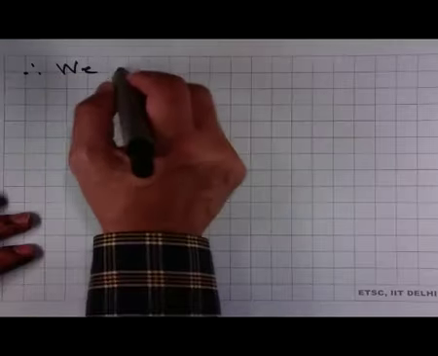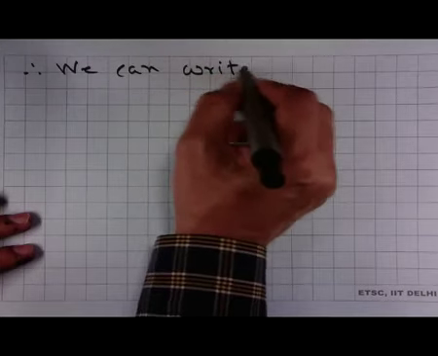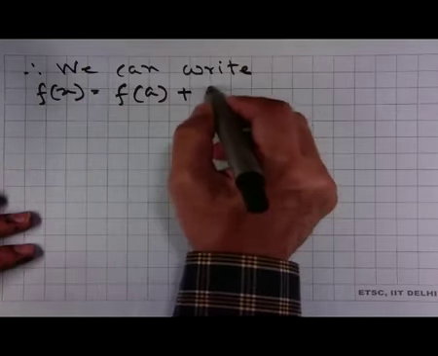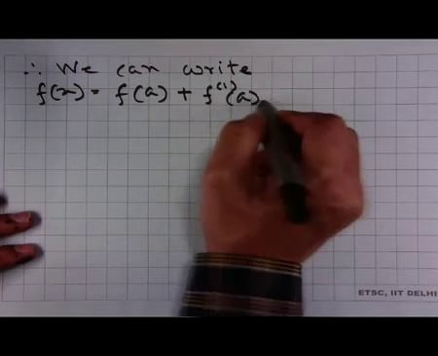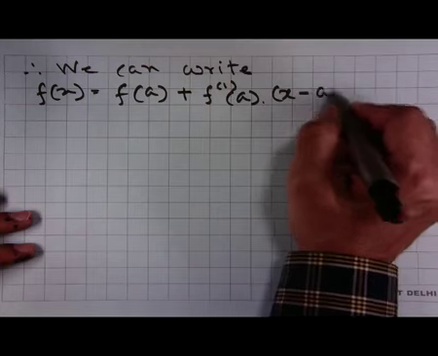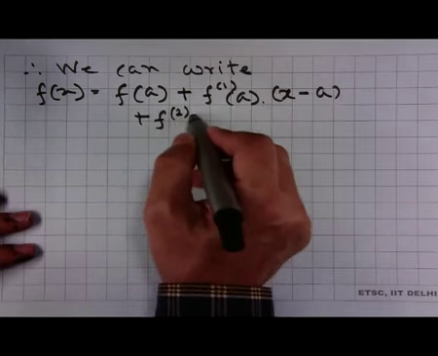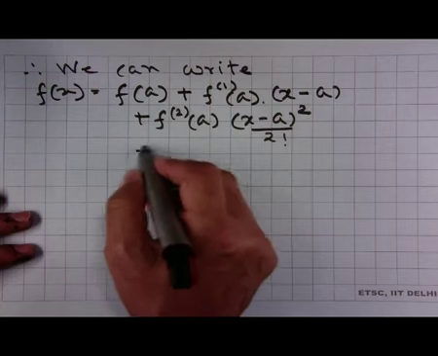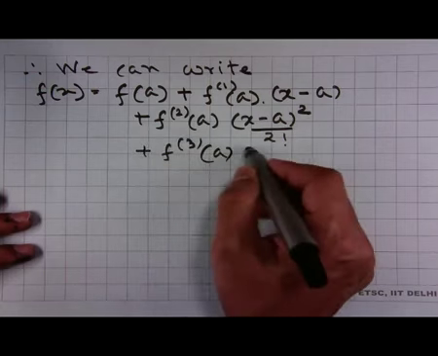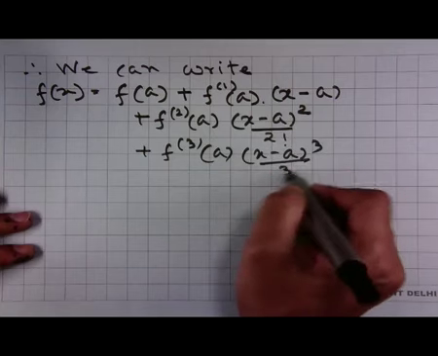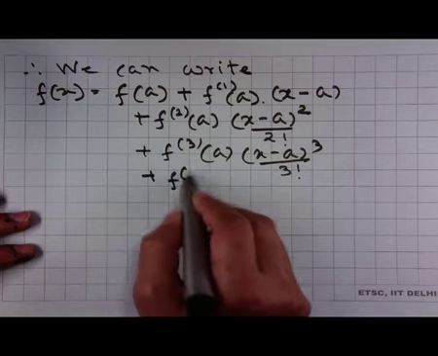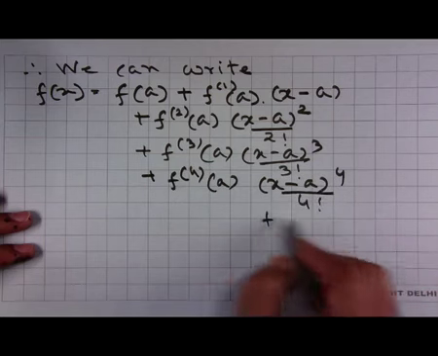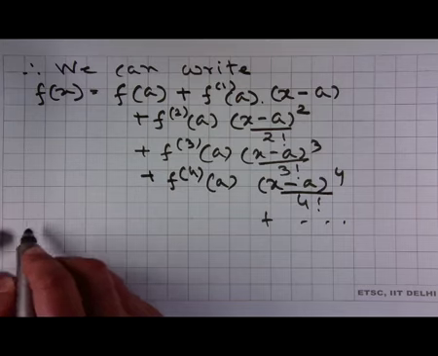Therefore, we can write f(x) is equal to f(a) plus f'(a) times (x minus a) plus f''(a) times (x minus a) whole square upon factorial 2 plus f'''(a) times (x minus a) whole cube upon factorial 3 plus f''''(a) times (x minus a) whole to the power 4 upon factorial 4, like that, and putting the values,